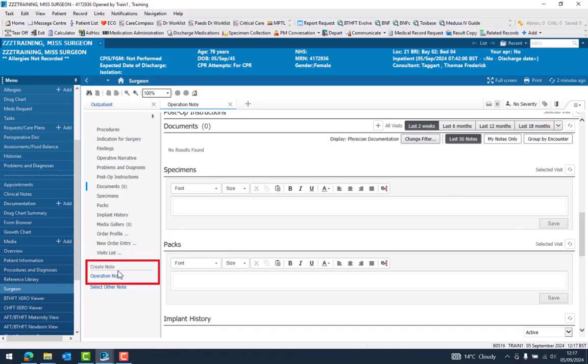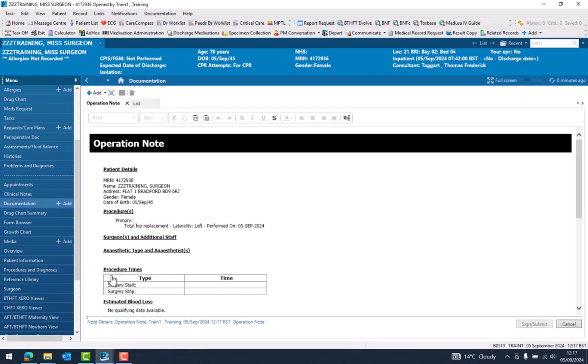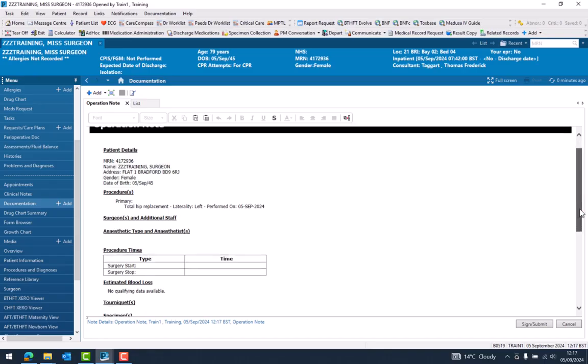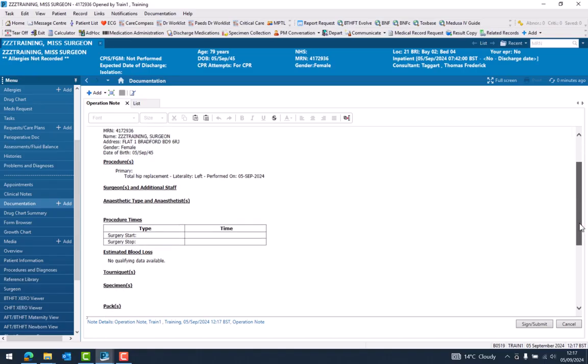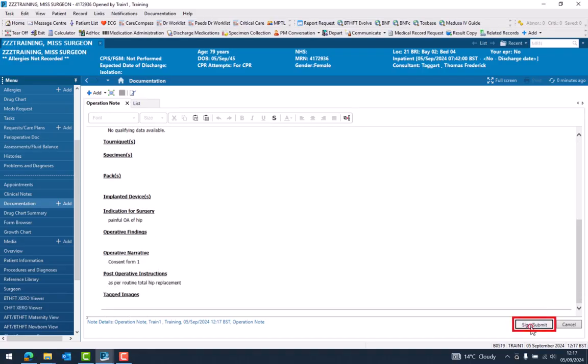Once you've done that, you click on create note, operation note, and it will give you a preview of how it's going to look, and you can add or edit things if you wish. If you're happy with how it is, you click on sign and submit,